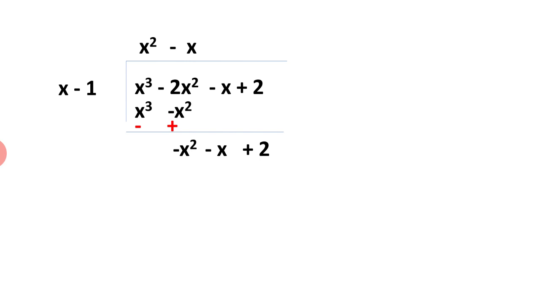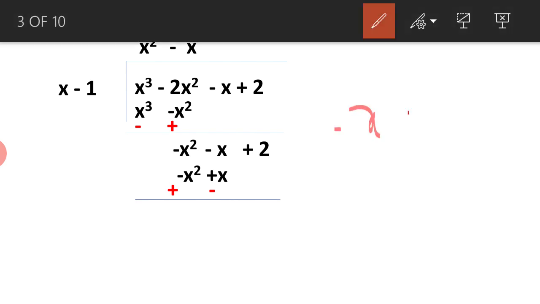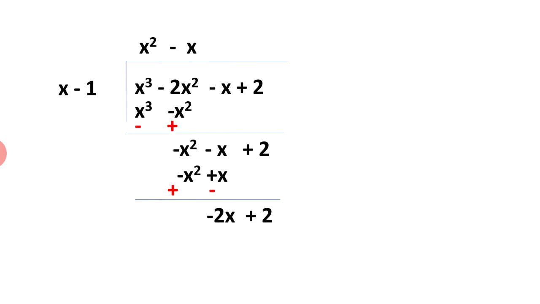Now minus x square upon x will be minus x. So the quotient term will be minus x. Multiply. So minus x into x is minus x square, and minus x into minus 1 will be plus x. Again subtraction, the sign will change. Minus x square plus x square will cancel each other. Minus x minus x, not into, so it will be minus 2x. Is it okay? Again the possibility of mistake. So now it will be minus 2x plus 2.